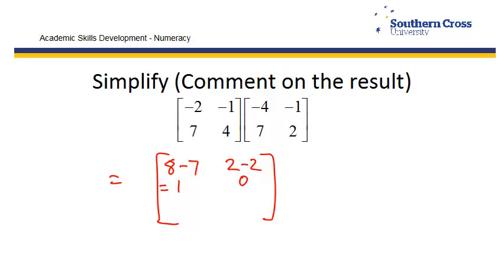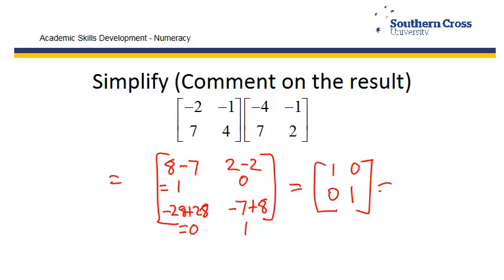Then the second row, first column, needs the second row and the first column. 7 times minus 4 is minus 28, and then 4 times 7 is plus 28, and that equals 0. And then second row, second column, we need the second row and the second column. So 7 times minus 1 is minus 7, and 4 times 2 is 8, so plus 8, and that gives us 1. So that gives us the matrix,